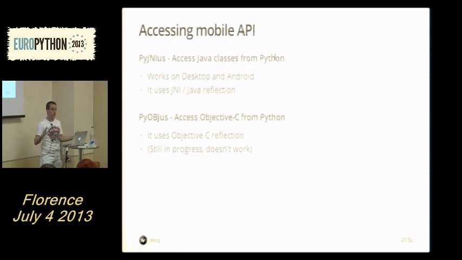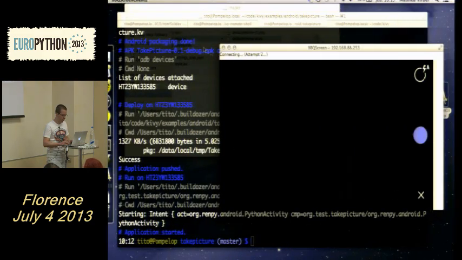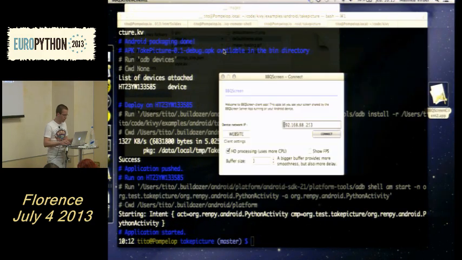So we do the reflection. It's like in live, and you can use it in live. So here it is. This is one example. I will just have a class around the local Java class. I will have a Python class around the Python activity and the text-to-speech. And this is a little demo just for saying hello world. That I can show you live, even without the screen, because we have